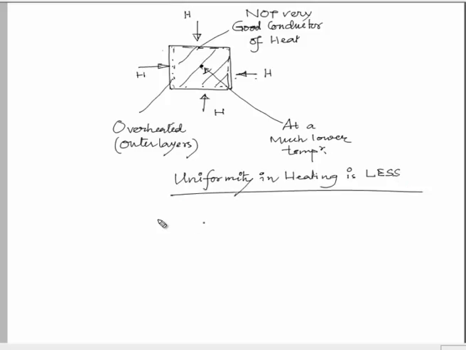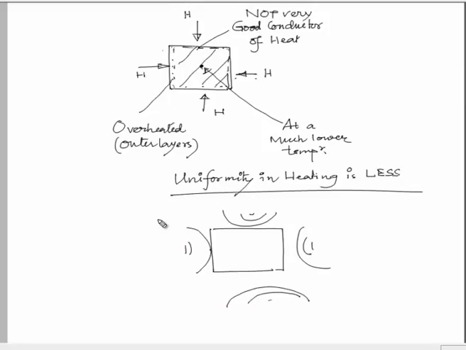However, in case of microwave heating, since the entire object will be heated up almost simultaneously, as I have told already, at the same time, therefore, I can say the temperature of inside this body will be almost uniform and this will be uniform heating, and the possibility of this outer layer getting overheated will be reduced, and therefore, we can expect better product quality in microwave heating.